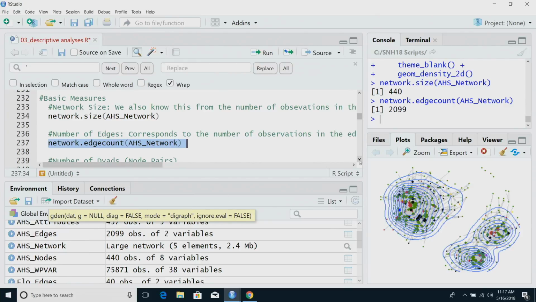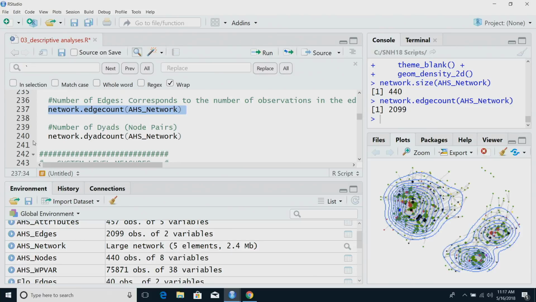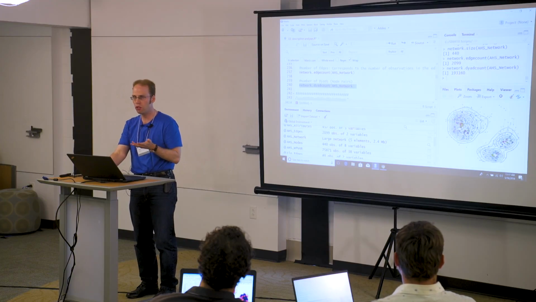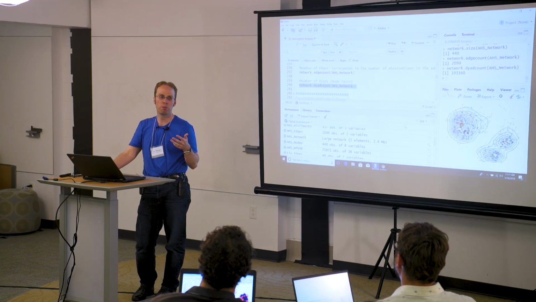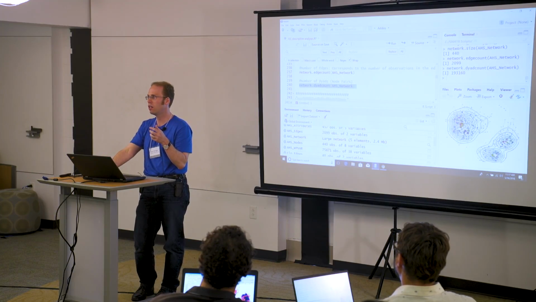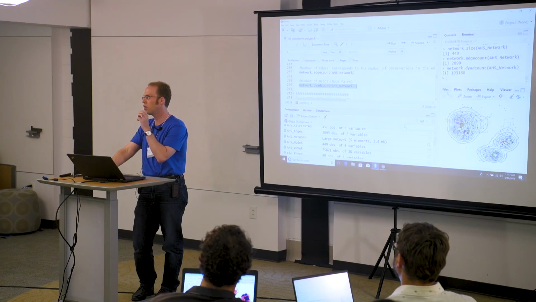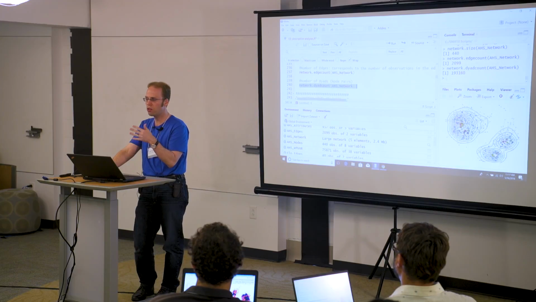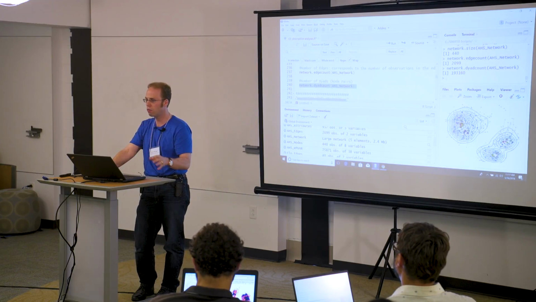First new piece of information, dyad count. We're going to run this. What this tells me, just to give a little context, but we also have this visualization, is that this network's a pretty highly connected network. I mean, jumping from edges to dyads, the ratio of those things, and we're actually going to calculate that ratio of connected dyads to null dyads. This looks like a fairly connected network,